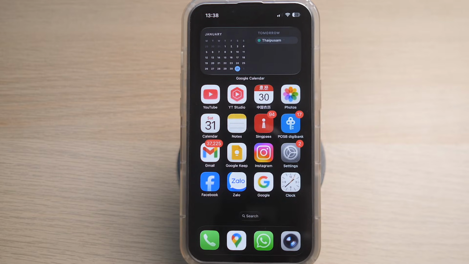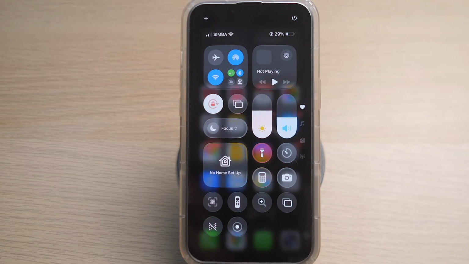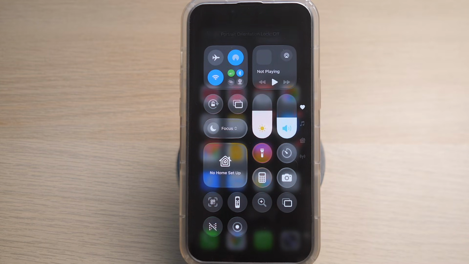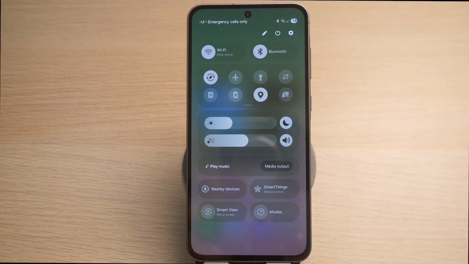First, make sure your phone's rotation is not locked. To check this, on your iPhone, swipe down from the top of your phone and see this rotation lock icon here. Make sure it is not toggled on. Similarly, on your Android phone, swipe down from the top of your screen and make sure this rotation lock icon